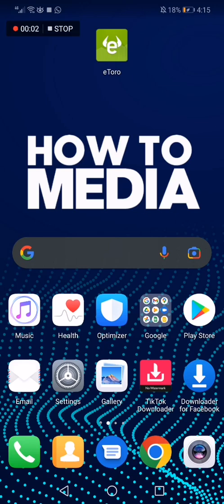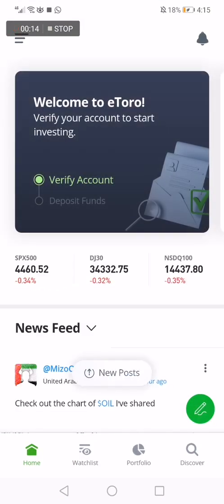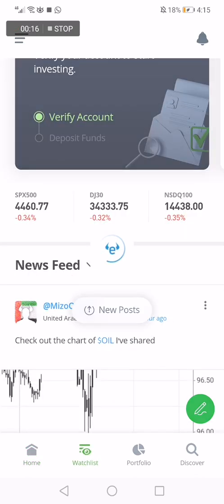How to buy Uniswap on eToro. Hello guys, in today's video I'm going to show you how to buy Uniswap on eToro in an easy, fast way. So first thing we do, we go to eToro and then go to the watch list,